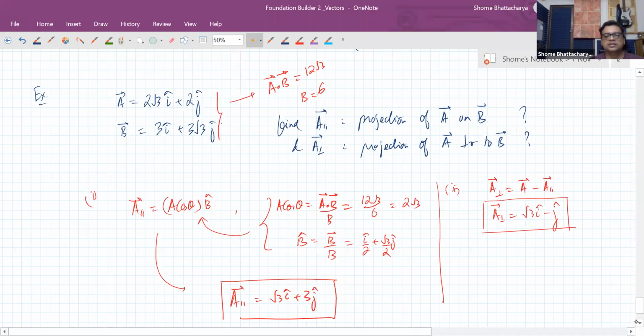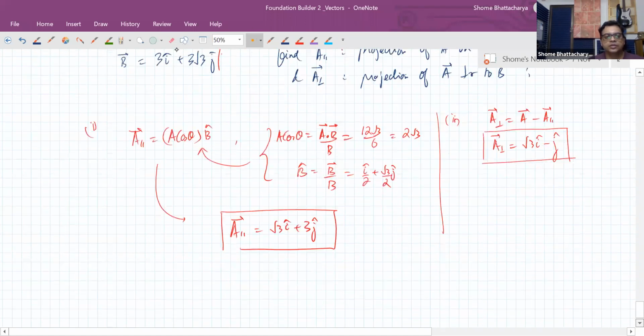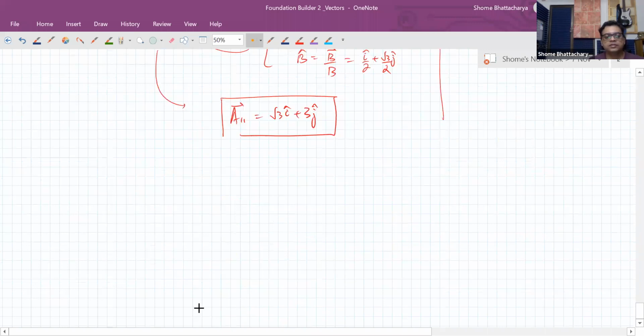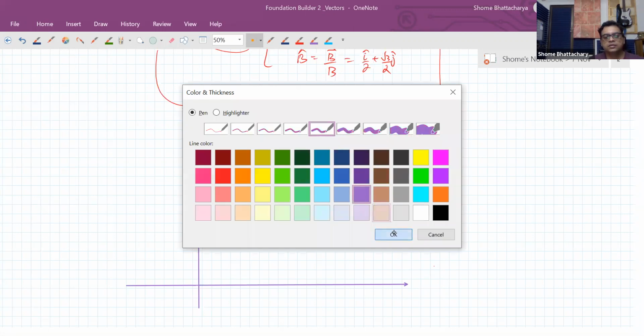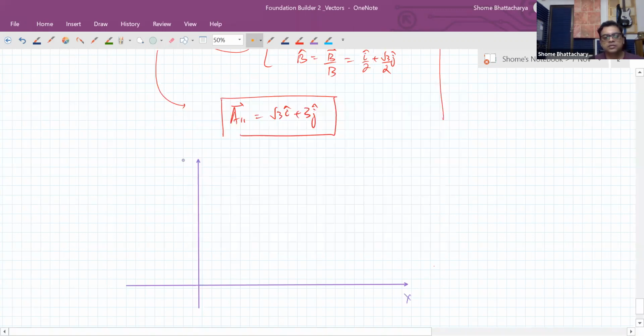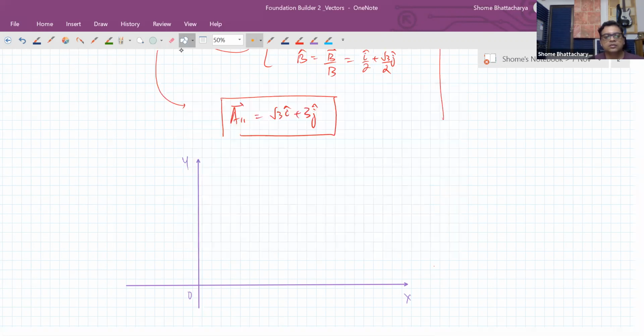Now you can also understand this question geometrically because it's two-dimensional. So we can do one more thing here. Alternately, we can come up with a geometrical solution. You can see that if this is your xy plane, it's really quite easy to understand that your vector A is like this. It is at 60 degrees.